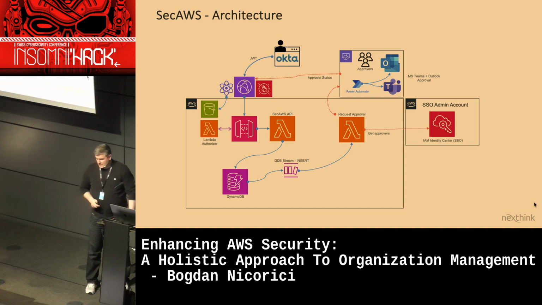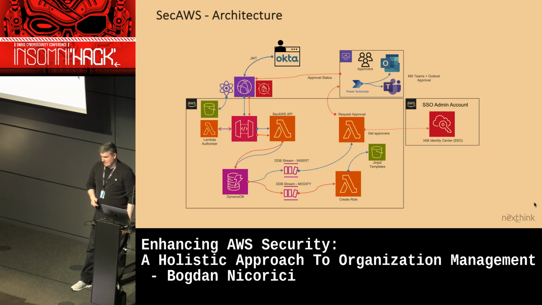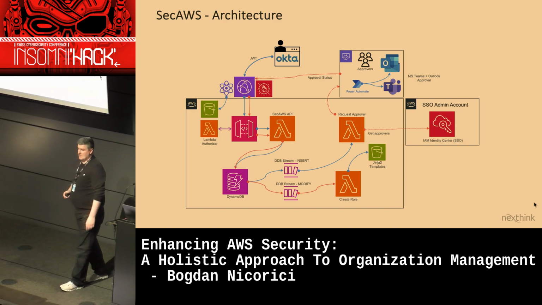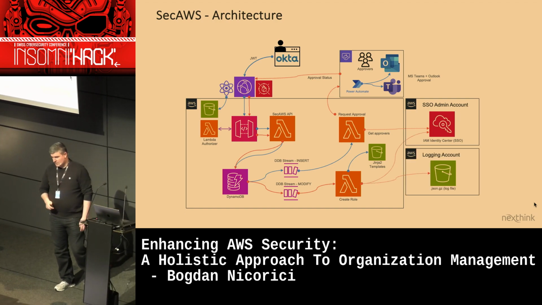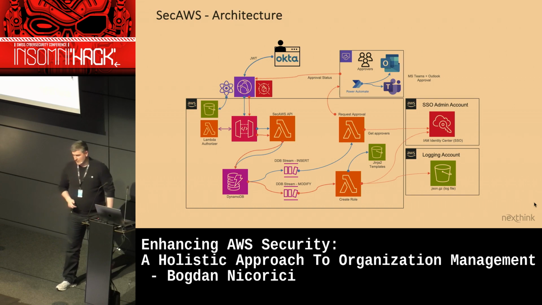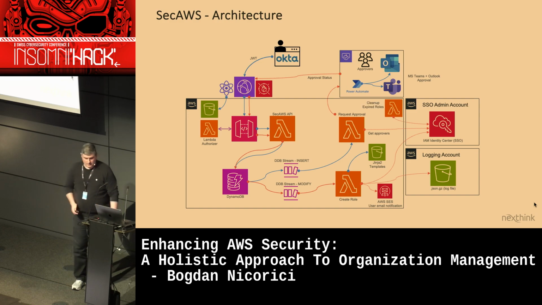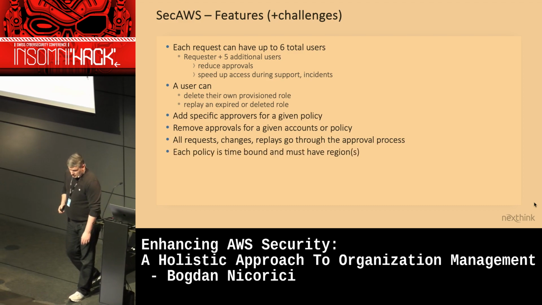Then the approval state goes back and fires another event, which is modify, which will actually start creating the role. The Jinja2 templates are in S3, so we can put as many as we want. It will provision the role, and everything is absolutely logged, in JSON format of course. It sends an email to the user saying you have access, you can go ahead, and then you have the cleanup. Some of the features of the tool.